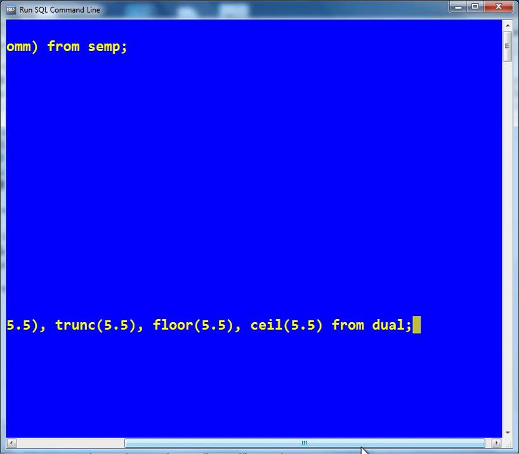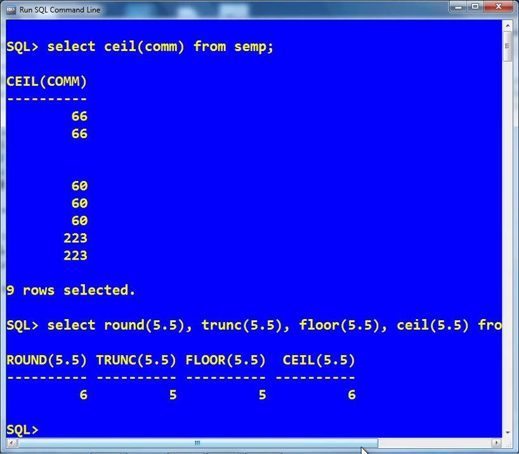Dual is a dummy table. Just look at that. Round of 5.5 gives me 6. Trunc of 5.5 cuts the digits after the decimal, so it is only 5. Floor gives me the lower value, so floor of 5.5 is 5. Ceil of 5.5 gives me the upper value, so it is 6.